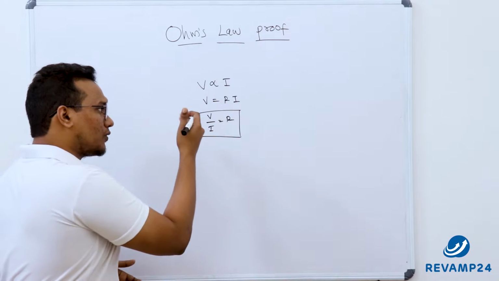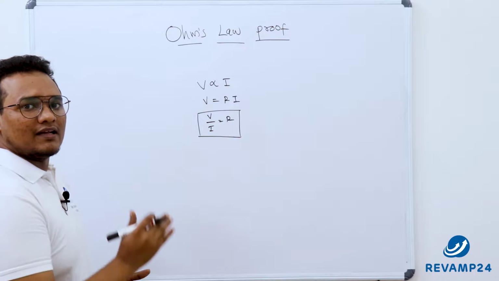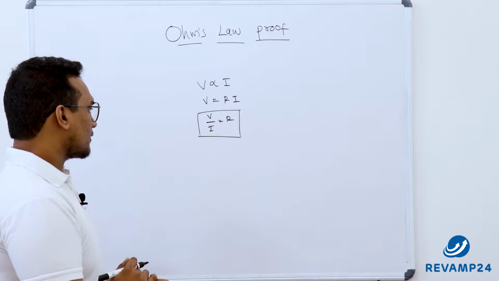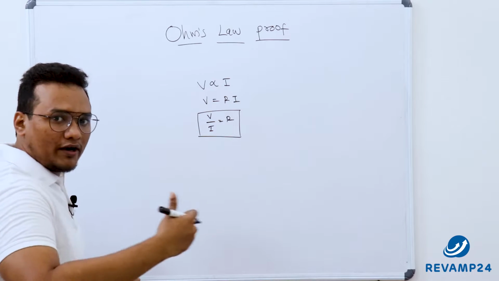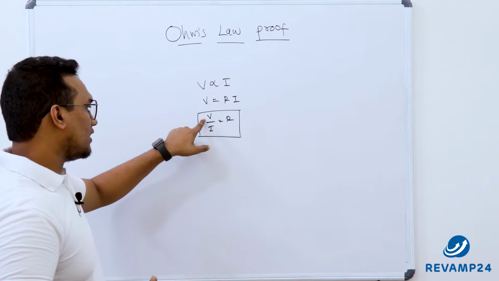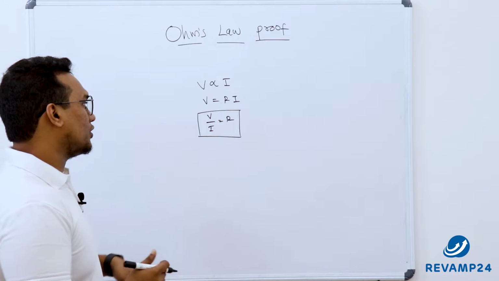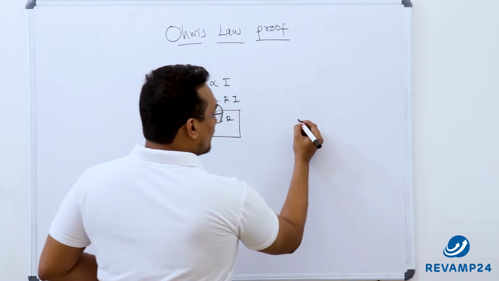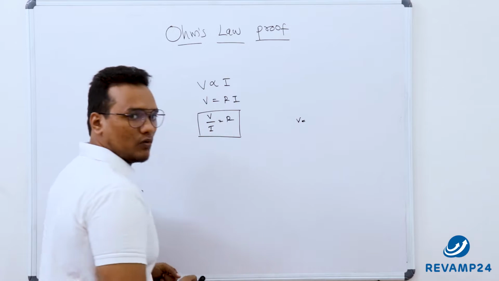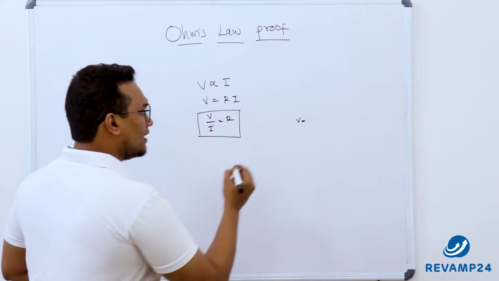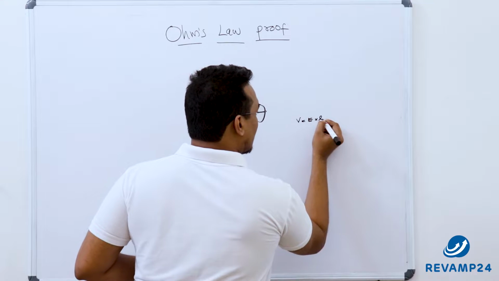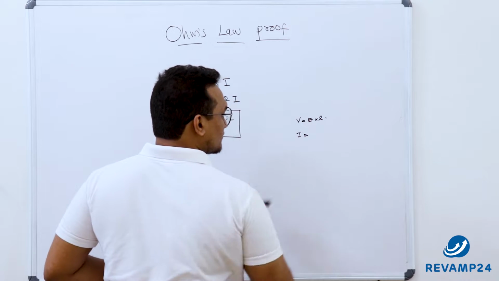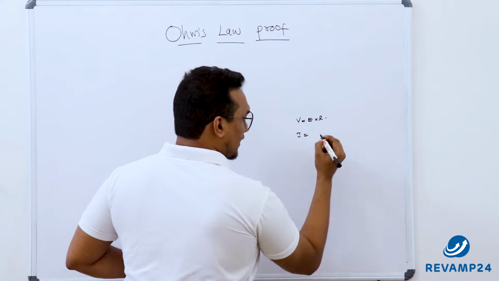If we are able to prove this equation to be right, then we are basically proving that Ohm's law is right. Now we will check with our known, learned equations with V and I, whether we are able to get a relation, that is V by I is a constant. Now V is equal to, we have learned an equation in chapter 2. What is V? That is electric field into length. And what is the value of current we have learned? We have learned the value of current as